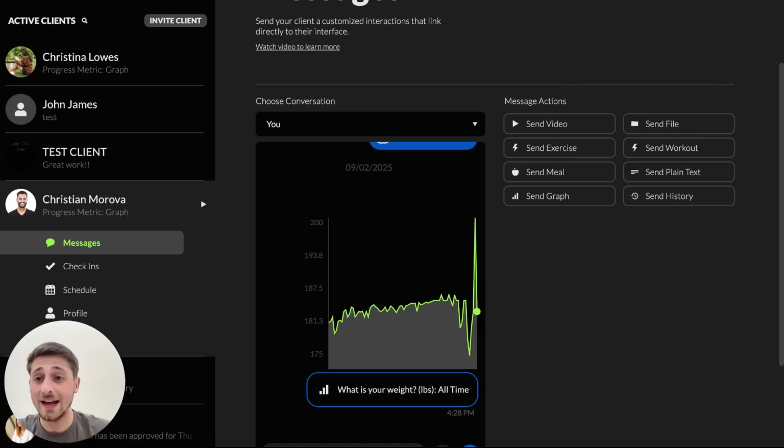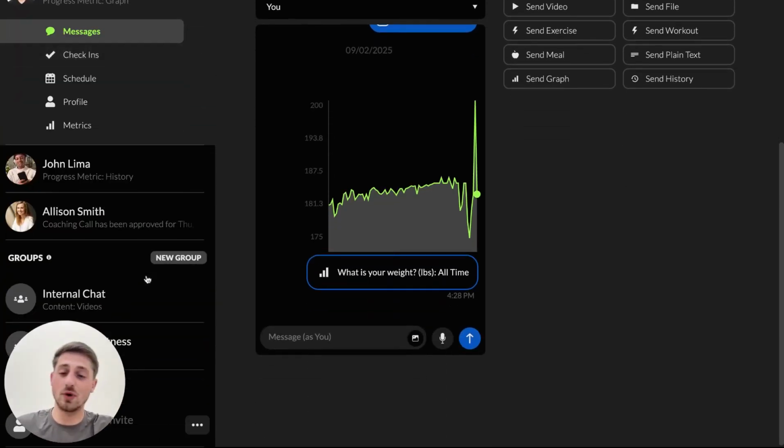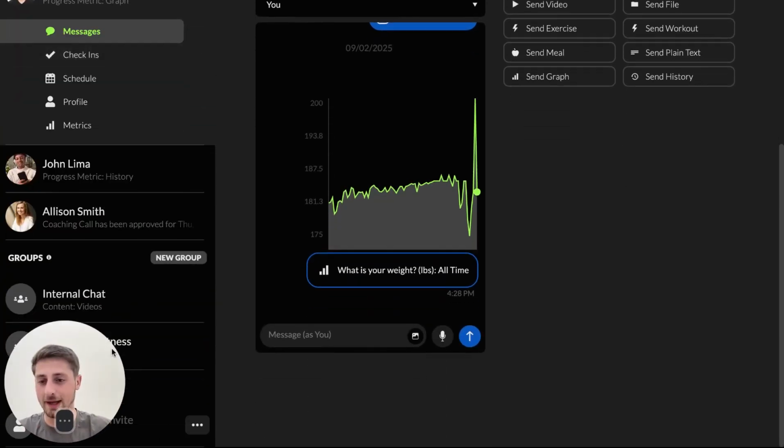Also, they have the ability to directly receive feedback and input and even auto messages based on their program, their items, and everything that I showed you on their programs. Makes your life a lot easier, makes them a lot more compliant, having it in one place. And yes, if you use Facebook groups, if you use these types of community platforms, we absolutely have group messaging available as well. And you're not limited in terms of voice messages, photo, video. We have all of it covered. So don't worry about that either.